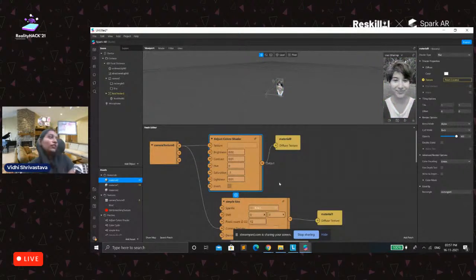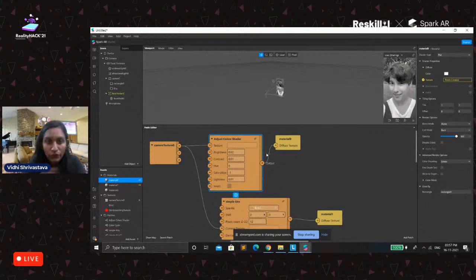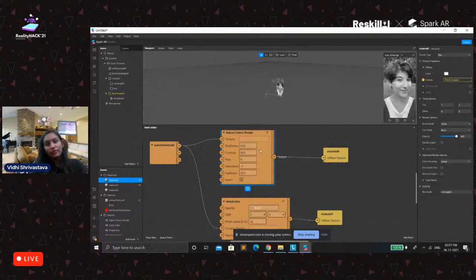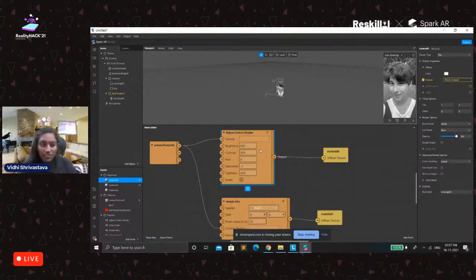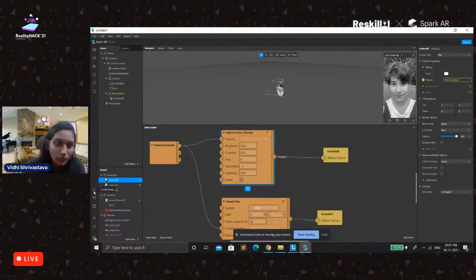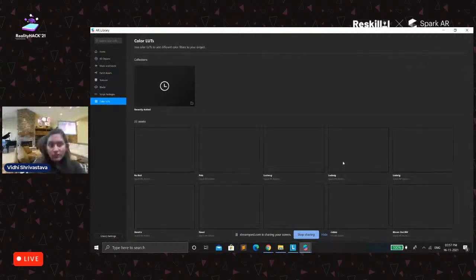So what if I want that if a user smiles, then the effect should be black and white. If I want to create something like that, we have two options. You can use the color filters. By default you have the LUT, so you can just drag and drop the LUT with one patch that's being used inside Spark, or you can just use it directly from the assets library. As a beginner, I prefer that you go to the assets library, go to the color filters, and let me take